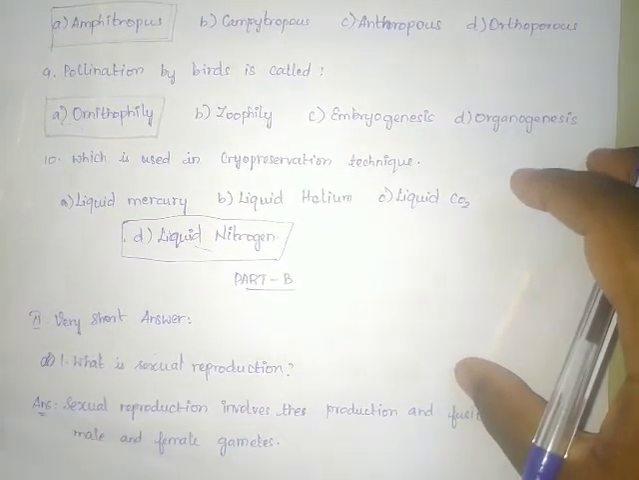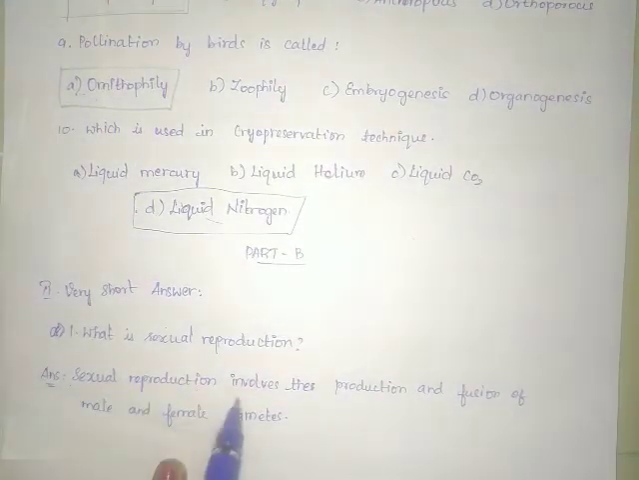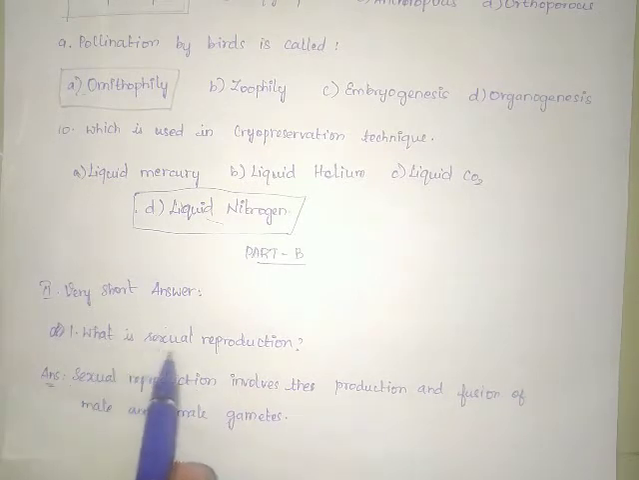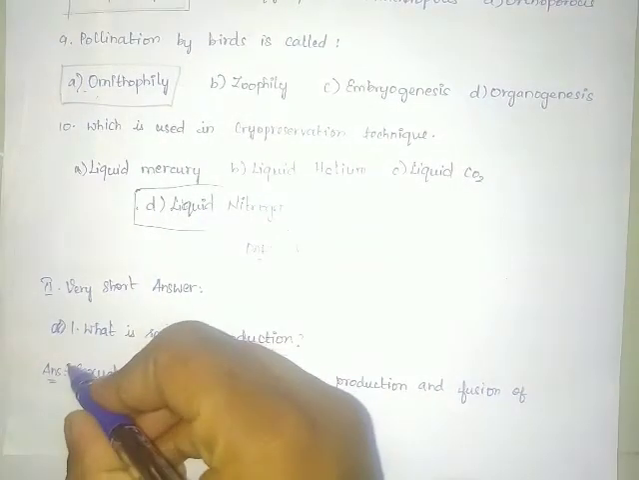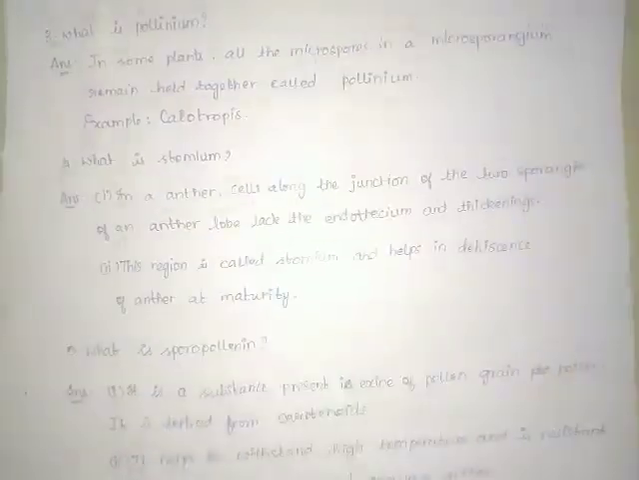So for first question, we are going to see the answer. Sexual reproduction involves the production and fusion of male and female gametes. They are asking what is sexual reproduction. So this is the first point for sexual reproduction, and the second point is